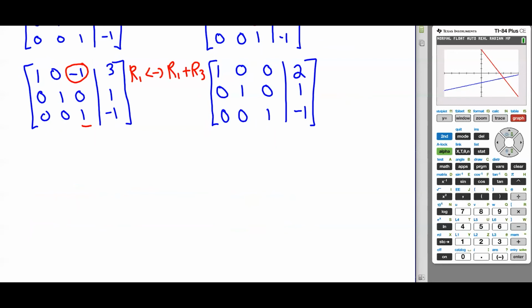And remember that these columns were coefficients of these variables. This line is an equal sign, and this is a vector of constants on the right side of the equal sign. So if I read these rows out, the first row says 1 times x1 plus 0 times x2 plus 0 times x3 equals 2. So this tells me that x1 is equal to 2. So it's already solved. And the second row says